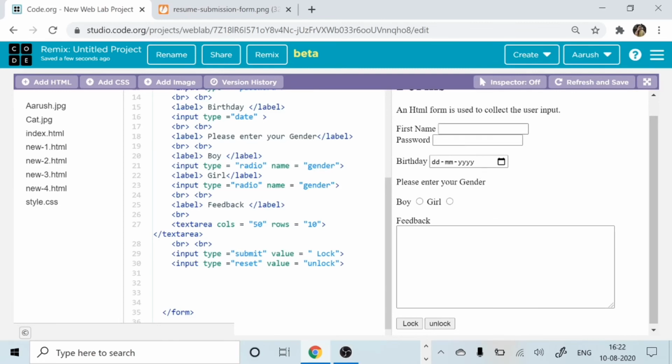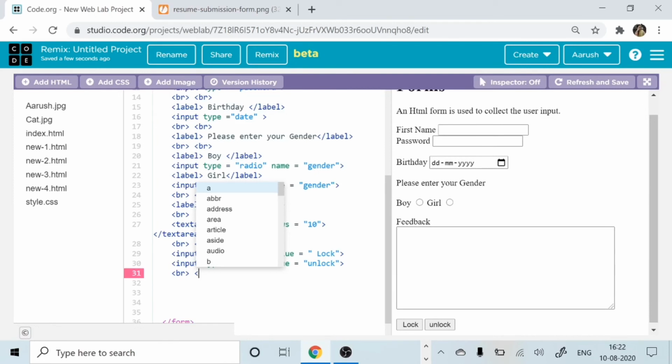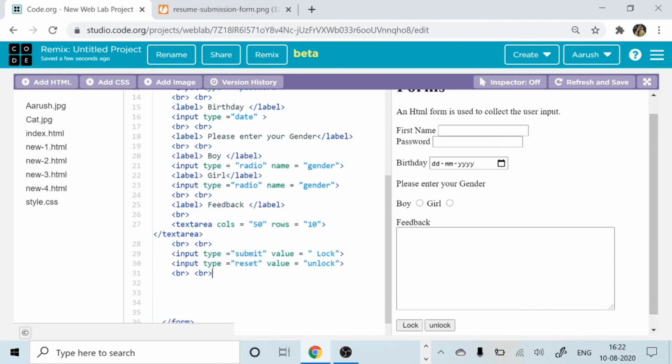Okay. Now, I think this is quite clear to you how to put the buttons, the radio buttons, the date format, the password, your name and everything. Now, one last thing which I want to talk to you about is the checkbox. Checkbox is again the same thing like we discussed in the radio button: true, false, or yes, no, 1, 0, or whatever you want to say. So same way, the last thing which I am putting over here, let me put the break first. Oh, sorry, break first. I'm really sorry.